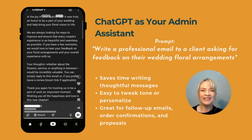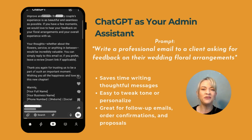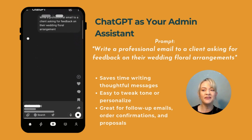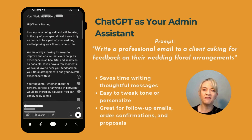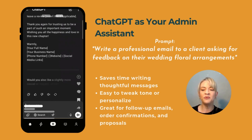You can also ask it after that to tweak the tone and the style of the email so that you can easily use it for different clients in the future. It's perfect for follow up emails, order confirmations, proposals, just making your communication seamless and efficient. So, whether you're reaching out to clients or confirming details, ChatGPT has got you covered, freeing you up to focus